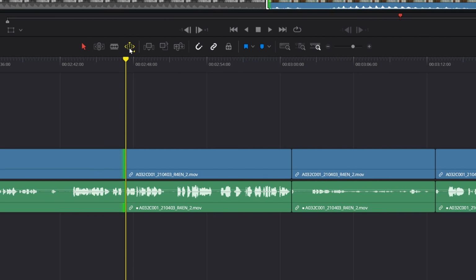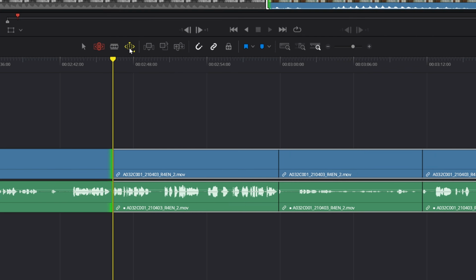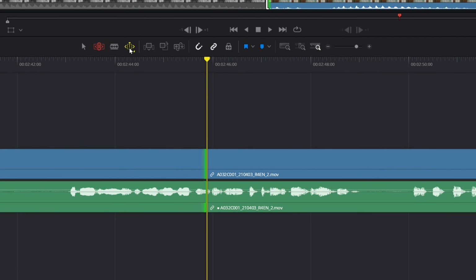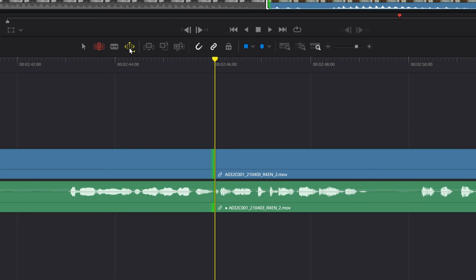Now, on top of that, we can also hit T to add our trim mode. And now it ripples. So dynamic trim mode just lets us trim with our keyboard instead of with our mouse. And to be precise with your edits, while you're using your J, K, and L keys, if you hold K and press J or L, the playhead goes forward and backward one frame at a time. That lets me be very precise about finding the exact frame I want. I'm going to back out of those edits.